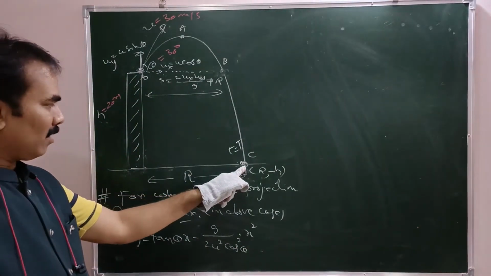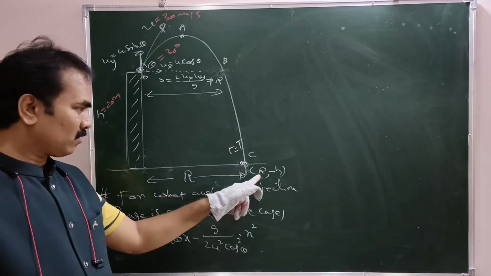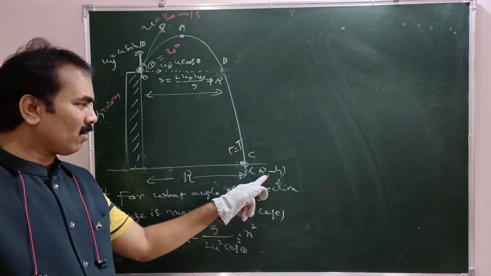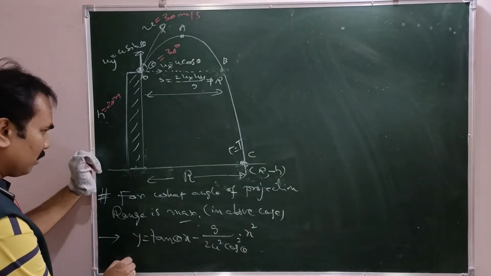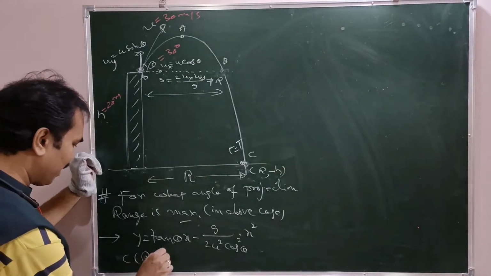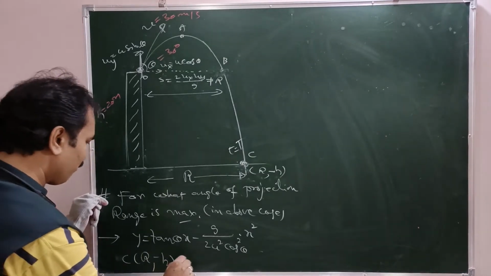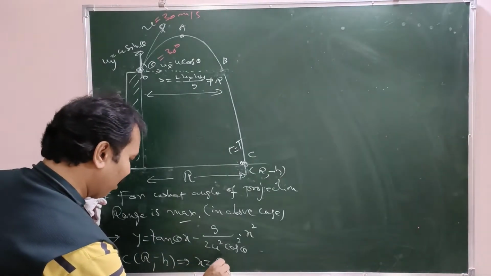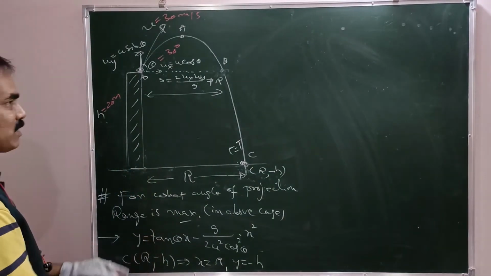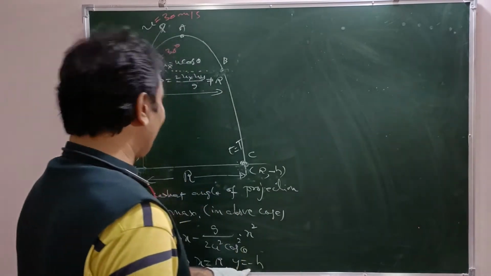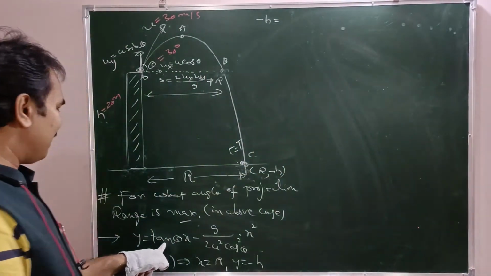Now, on reaching C in the entire flight, this is the last point in its journey. So, what are the coordinates here? X coordinate r, y coordinate minus h. C is r comma minus h, which implies x equal to r, y equal to minus h. Substitute the same values in the above expression. That is, y means what? Minus h. Minus h equal to tan theta